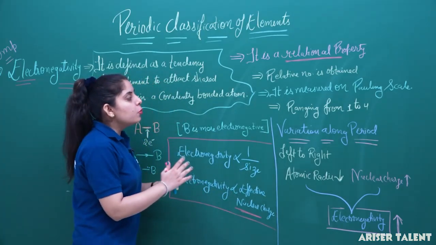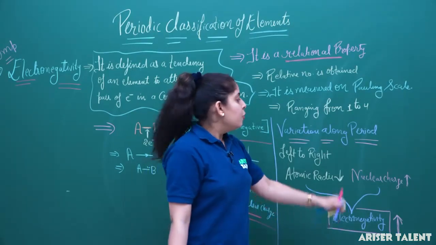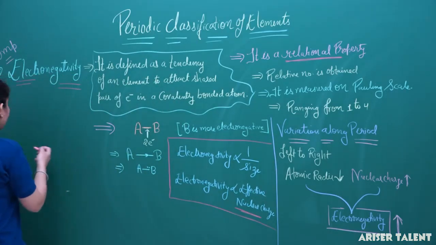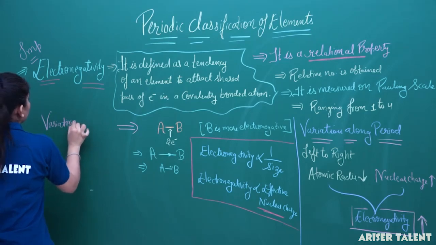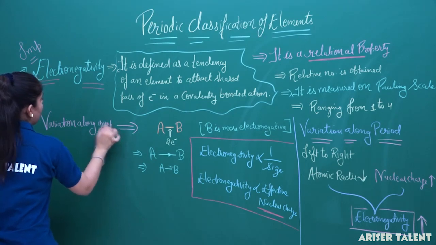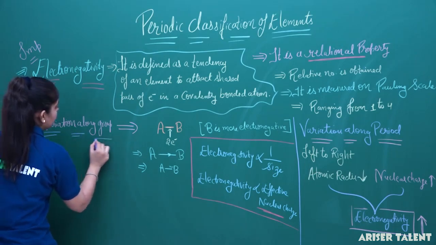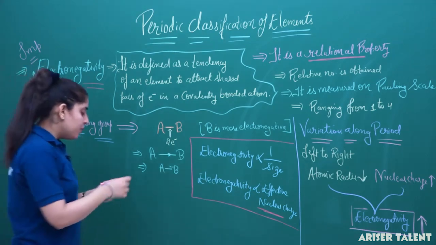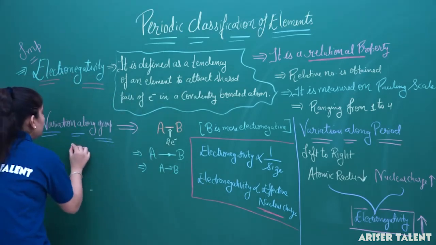Now let us move to the variation along the group. The variation along the group will be just opposite to that of the variation along the period. So let's discuss. I'm writing it here. Variation along group. Now, what will be the variation along the group? If I am going from top to bottom,